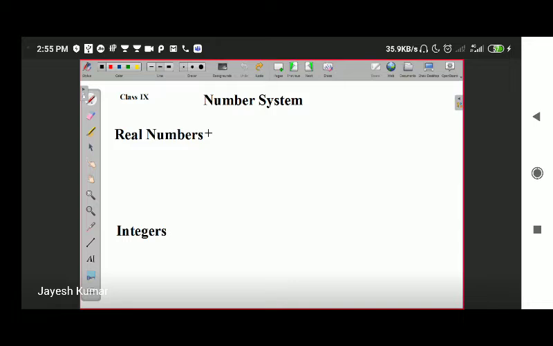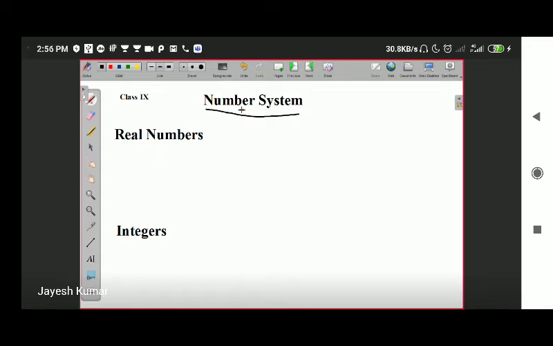For the understanding of number system, first of all, we will discuss real numbers. Let me give you a briefing of the chapter. Number system this year is solely about rational numbers and irrational numbers. Before doing calculation based on rational and irrational numbers, first of all, we need to know the definitions of basic numbers that we have learned in earlier classes.